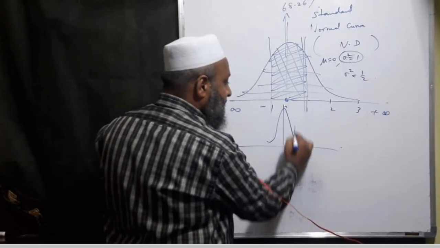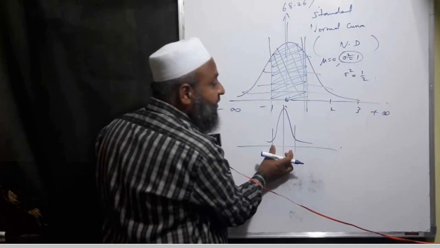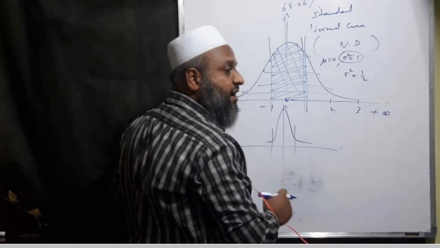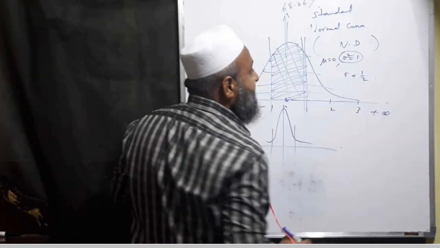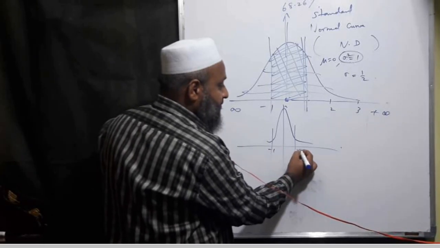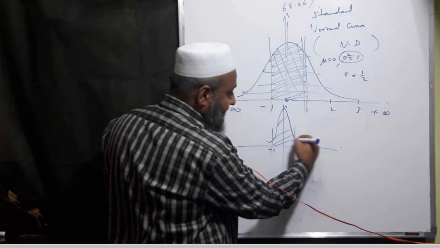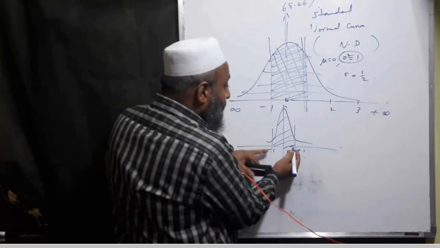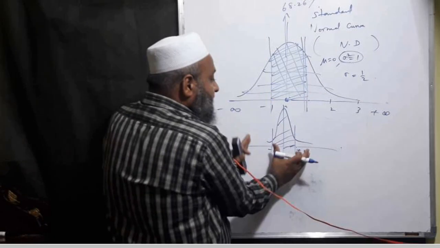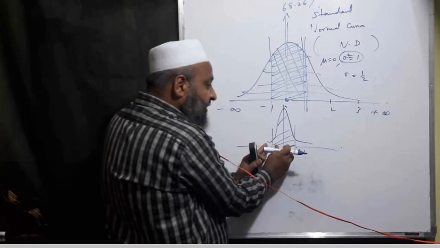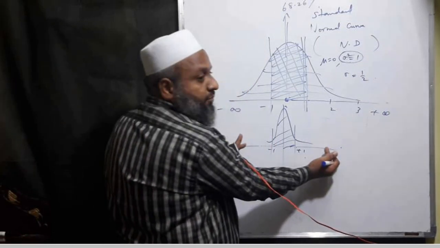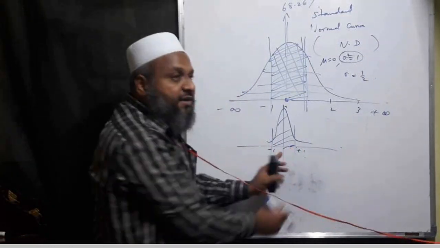So the majority of the area is covered in the beginning itself, as you are pressing it in this way. If the standard deviation is half, then between -1 and +1 this complete area is more than this one, because you are compressing it. A lot of variations are there within this one.